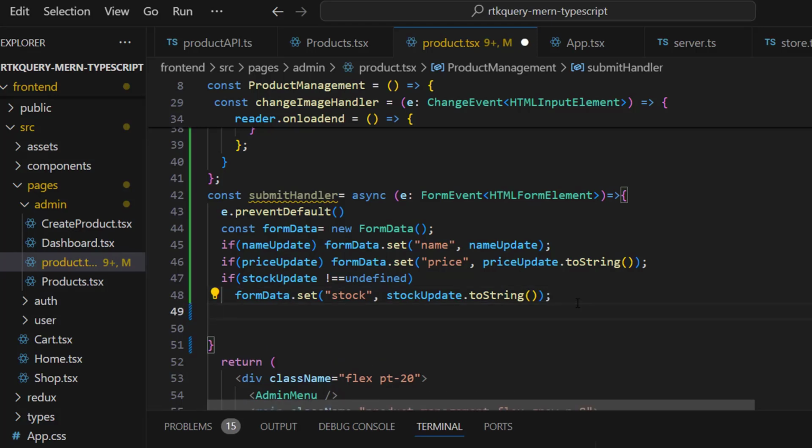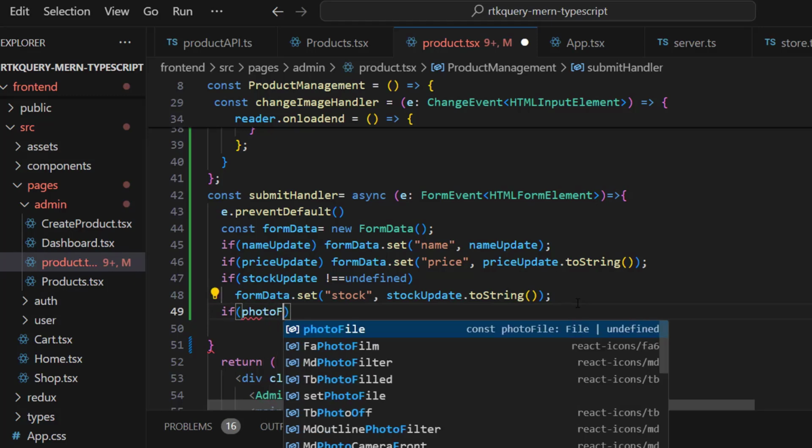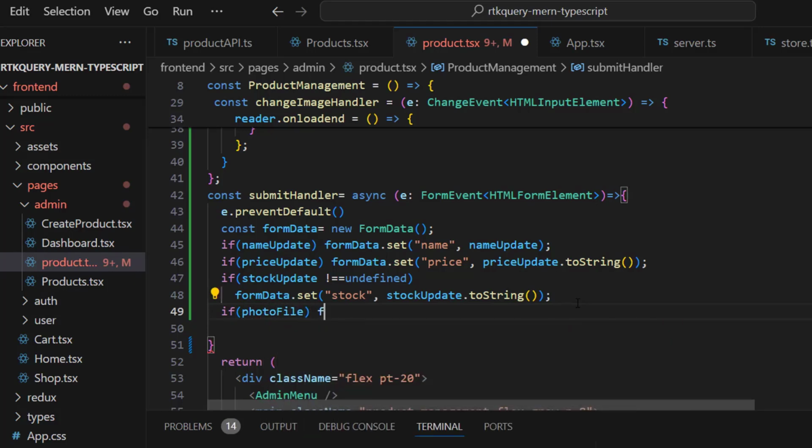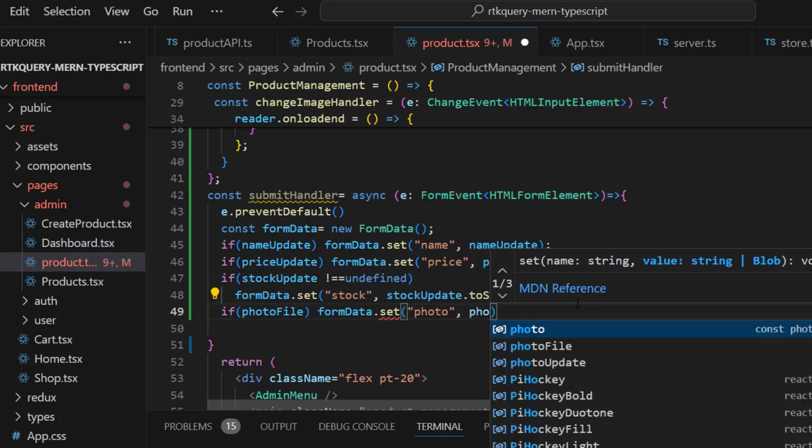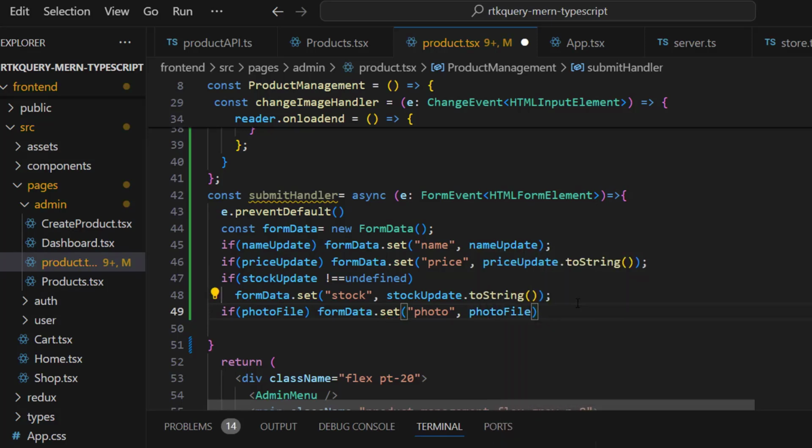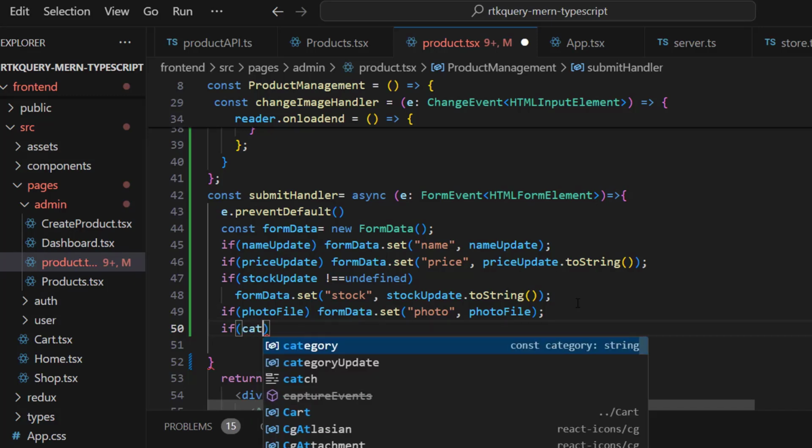Okay. So if photo file, form data dot set photo file, if category update